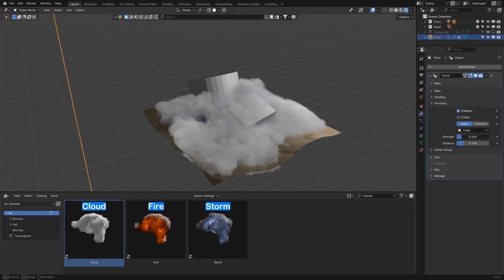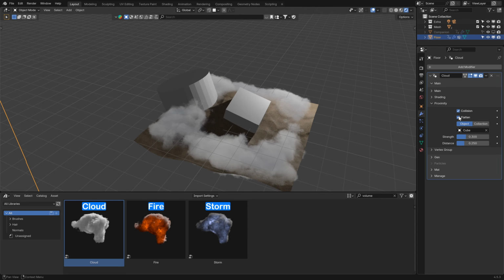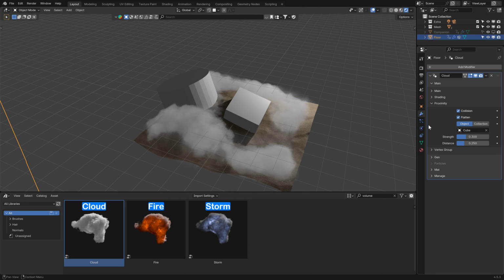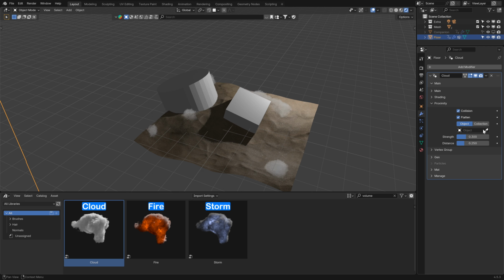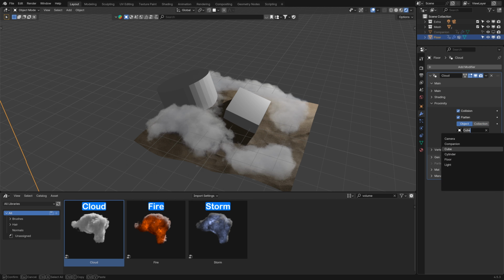You can correct the strength, the distance, or flip for flatten.